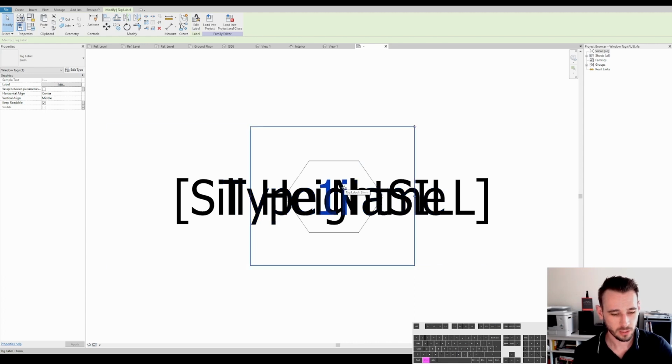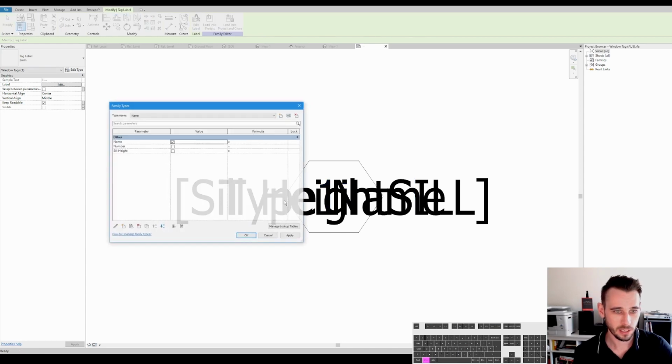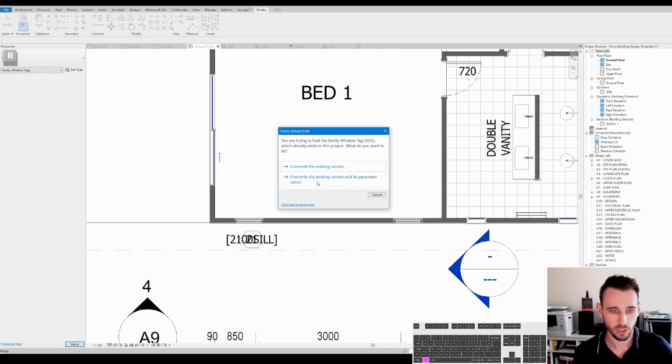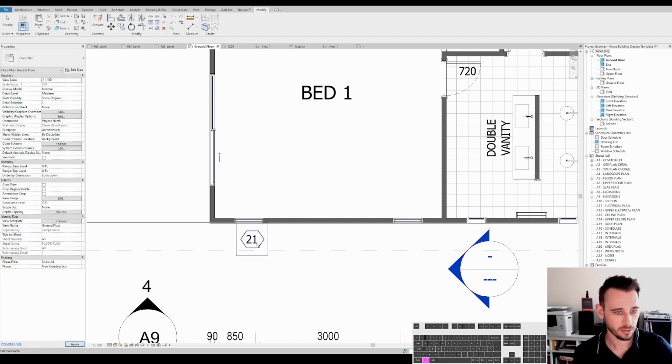So the problem we're having is it's still saying that the yes no parameters up here are ticked in the name and the number. So we'll load it back in again. We'll go OK, and then we'll say overwrite existing version and its parameter values, and cool, that looks like that's